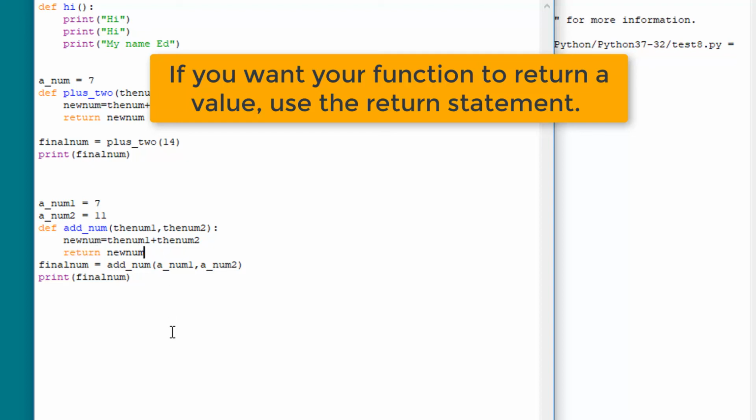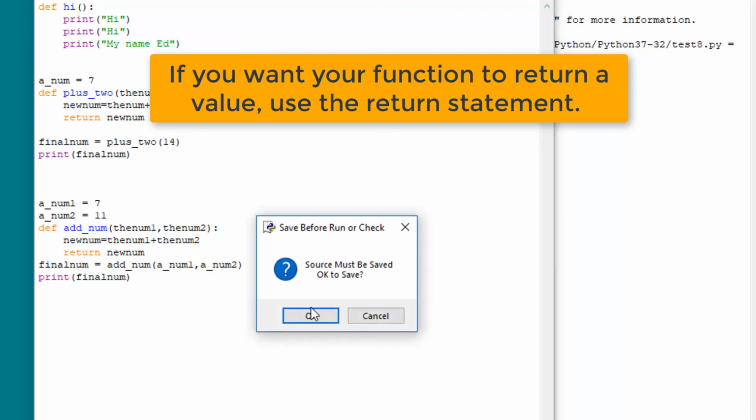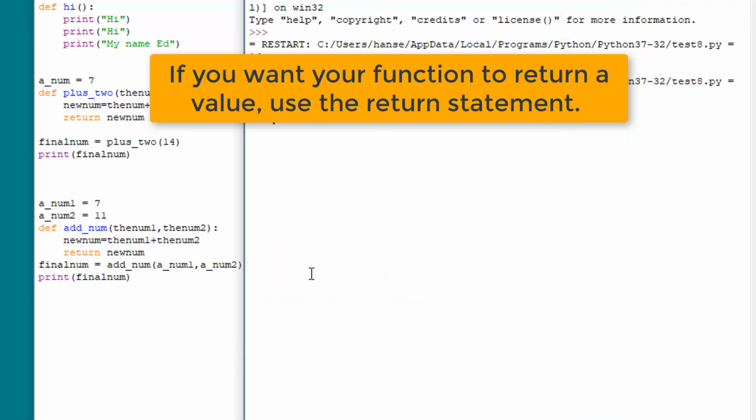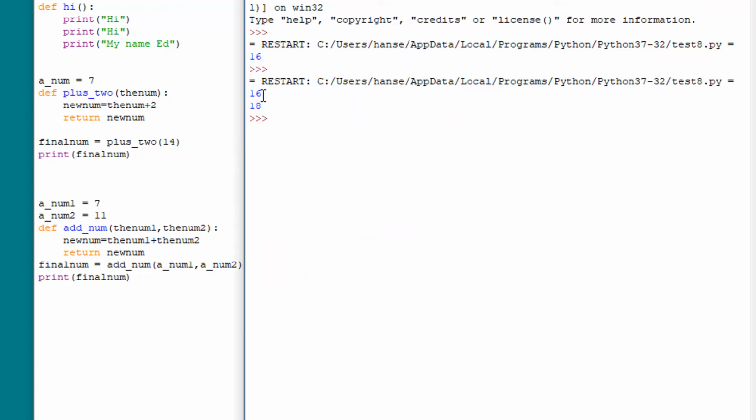The return is very useful. You've got to make sure you do return the proper variable. And if we run that, we can now see that we get 18. We had the 16 there from the previous print, but you can see that it did indeed add the numbers together. So